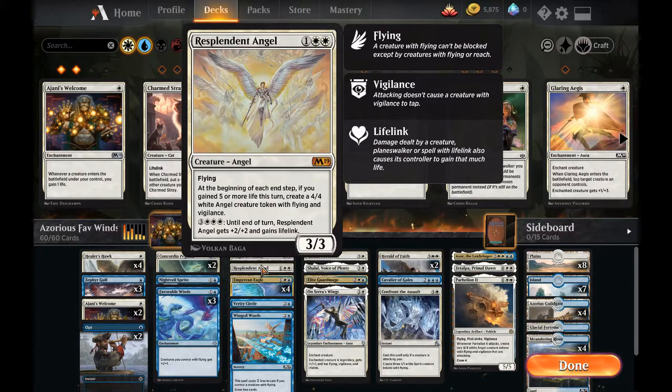Resplendent Angel for 1, a white and a white. You get a 3/3 Angel with flying. At the beginning of your end step, if you gained 5 or more life this turn, create a 4/4 white Angel creature token with flying and vigilance. And then for 3 white, white, white, until end of turn, it gets +2/+2 and gains lifelink. So this is going to be how we get Angels. The Angels don't have lifelink, but they do have flying and vigilance, so we can use them to attack and block. It's real important for the end game,